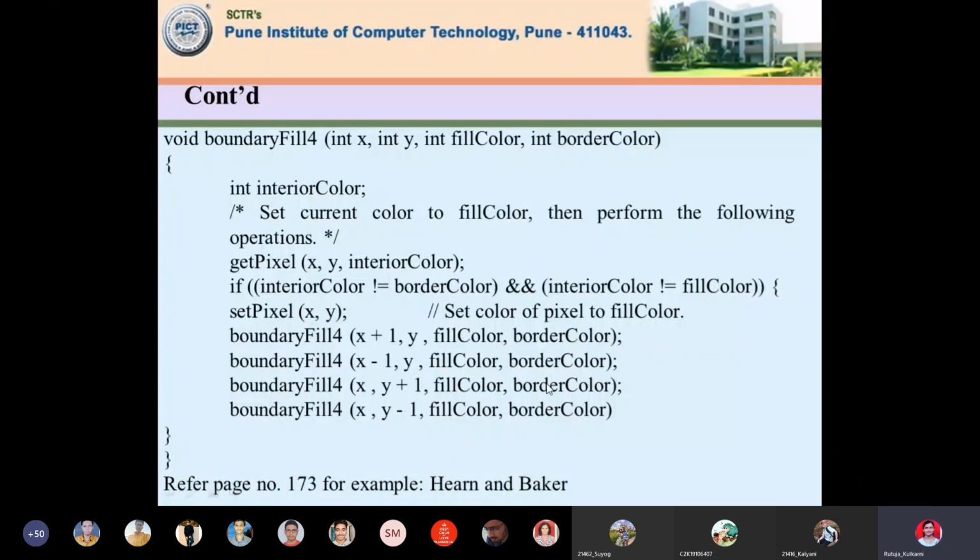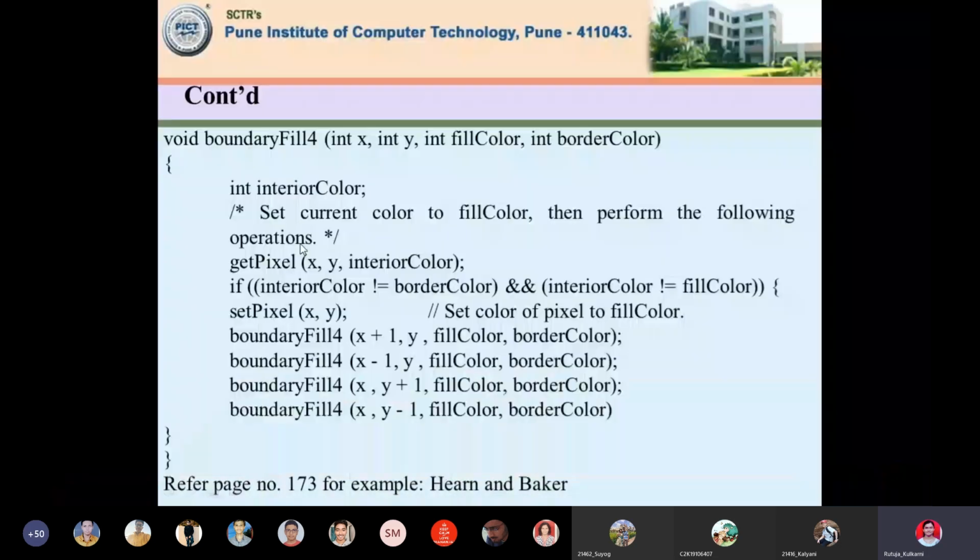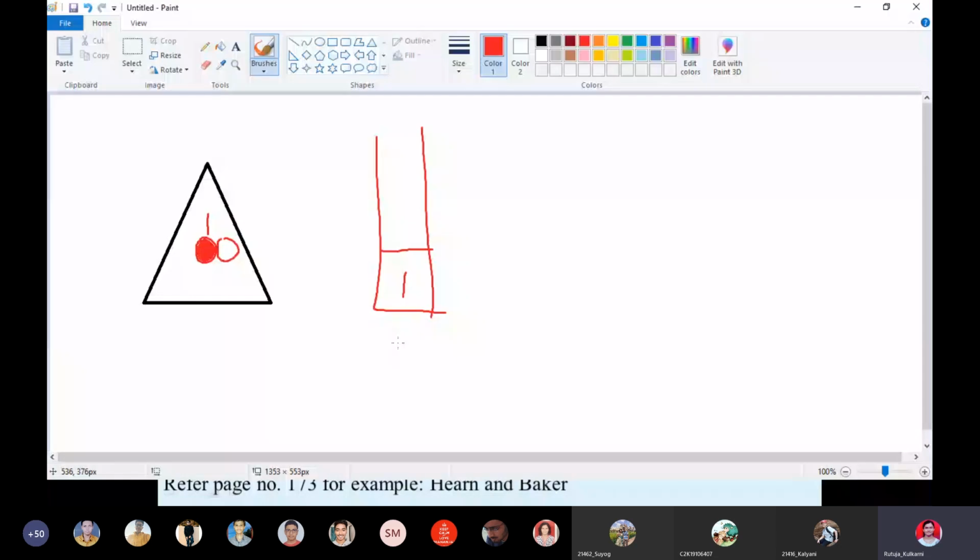Fill color and border color. Okay, again it calls itself, get color. It checks for the current color over here. Again it's white, so the condition gets satisfied. Come inside. Okay, again the same function is called, x plus 1. See, one more pixel, can I draw here? I will draw a small pixel. Let's say 2 pixels are there. Okay, yes, these are connected.